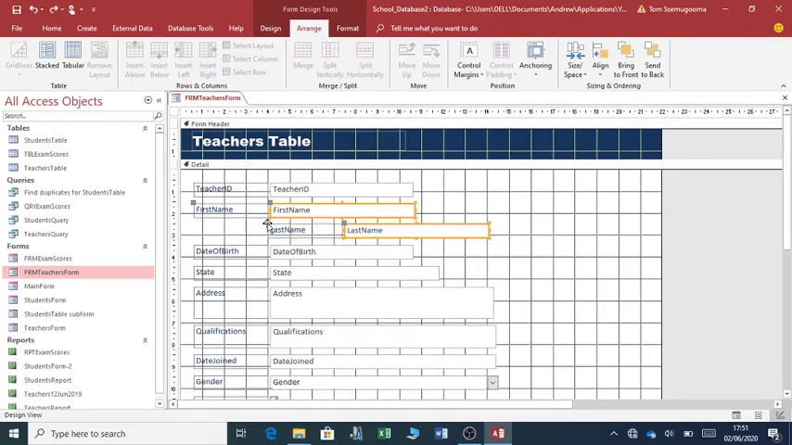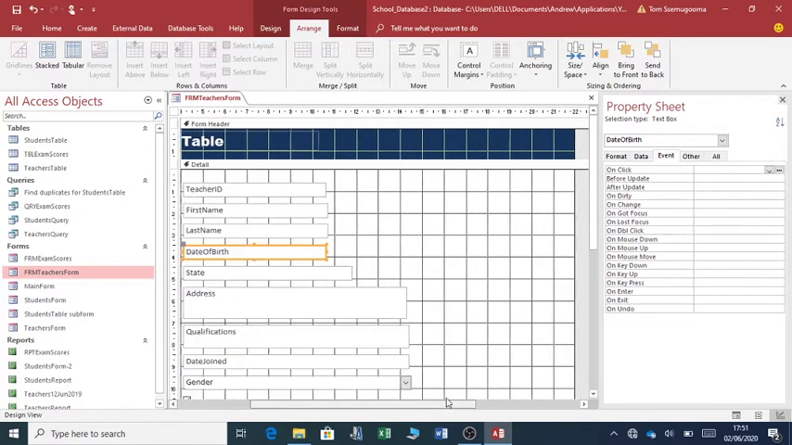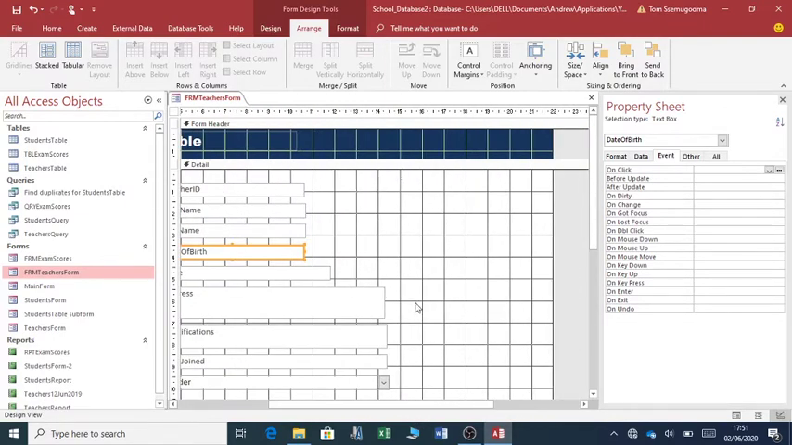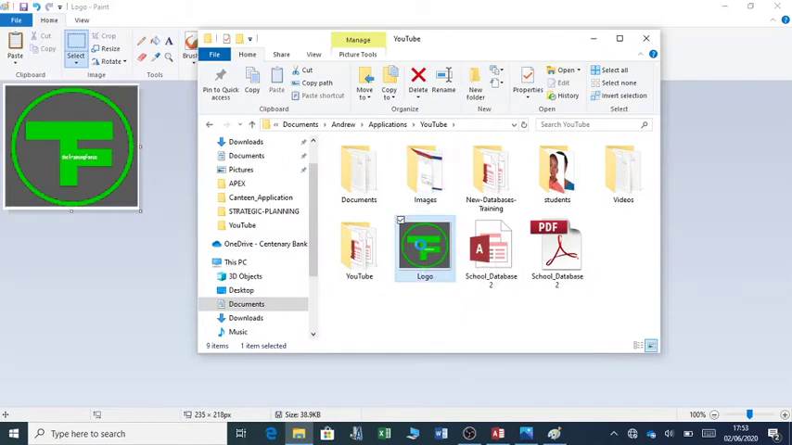Just do that first. Let me first align this to this. Align to the left. Then align this to this. Align to the left. So this is how you can align several text boxes at one go. You can as well add a picture or a logo on your form. It's quite very simple. Right click,